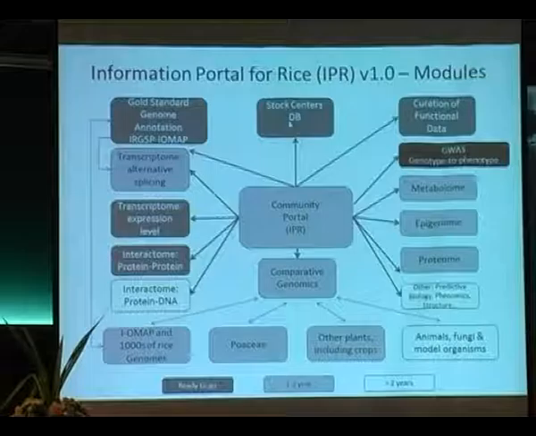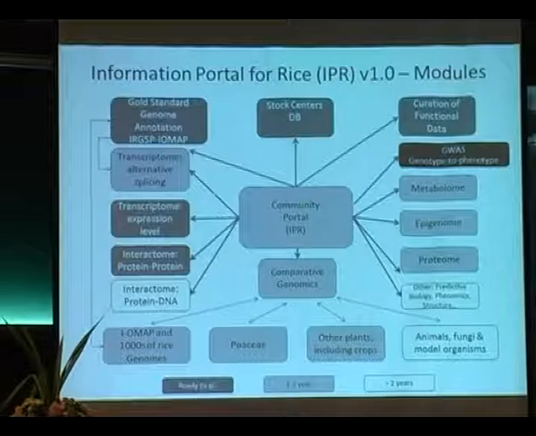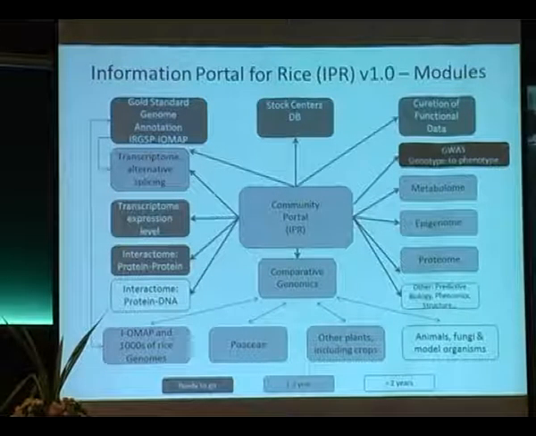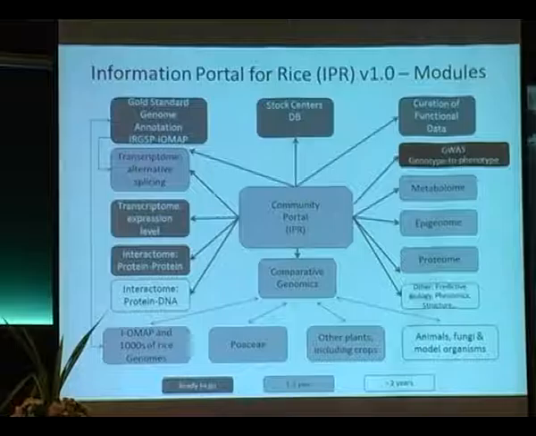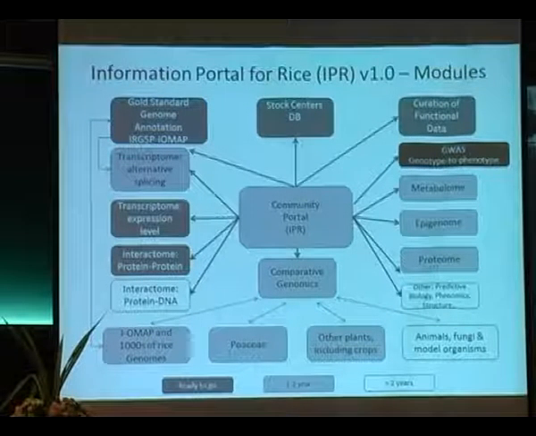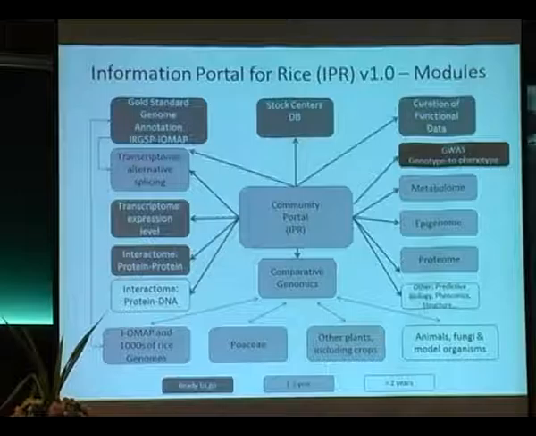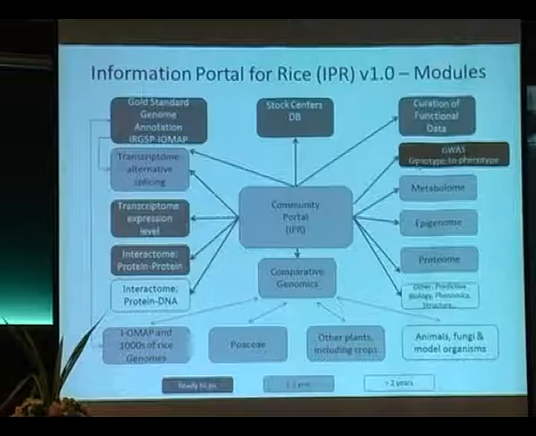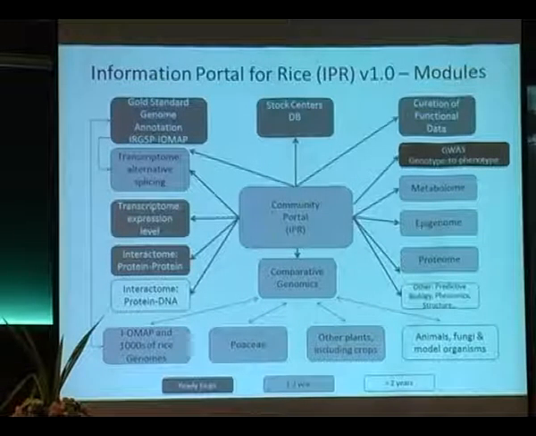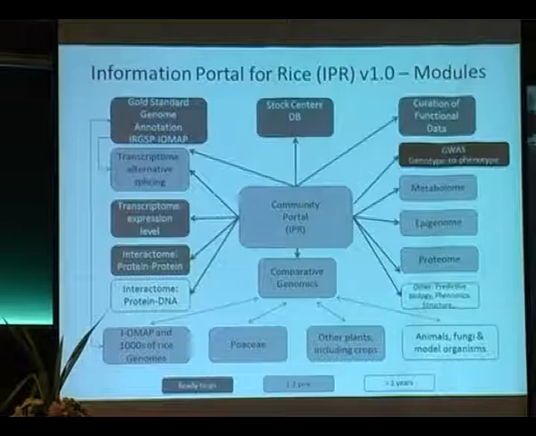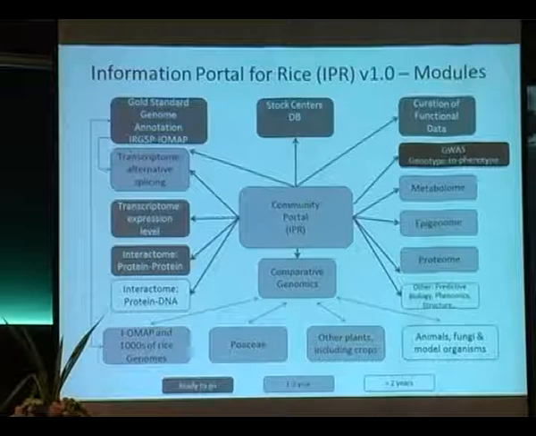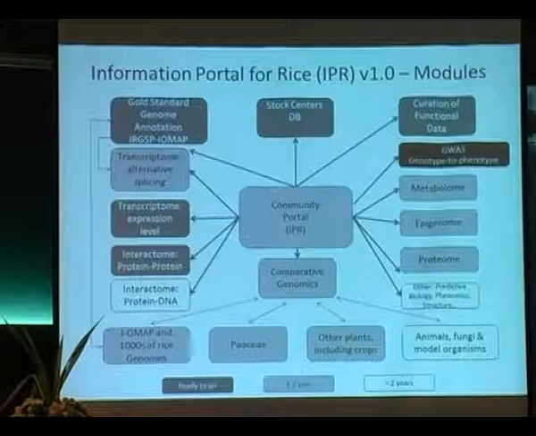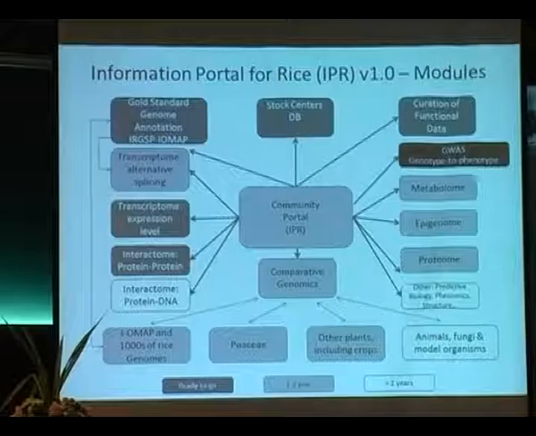Then you have stock centers that Ken mentioned. Then there is the TRIM database from Taiwan, and then there are lots and lots of other mutant databases all around the world. There are about 6 or 7 or 10 rice stock centers, plus individual countries have their own stock centers. Then we heard from BGI a large amount of data sets. From GWAS, we just heard from Ken about the GWAS datasets, the Rice SNP project. We heard from an Indian group today about some GWAS studies, and Masa presented yesterday about some of the GWAS. So there are lots and lots of datasets coming.